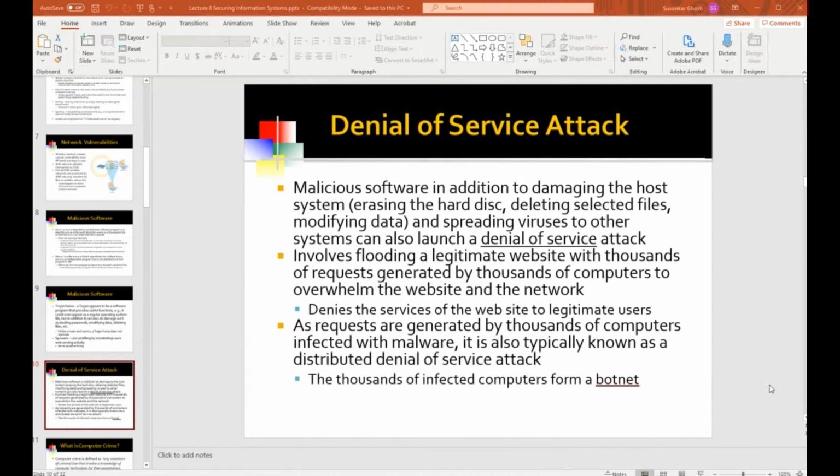Okay. So the denial of service attack is, again, not something that is installed. It is not necessarily installed on the firm's IT infrastructure.